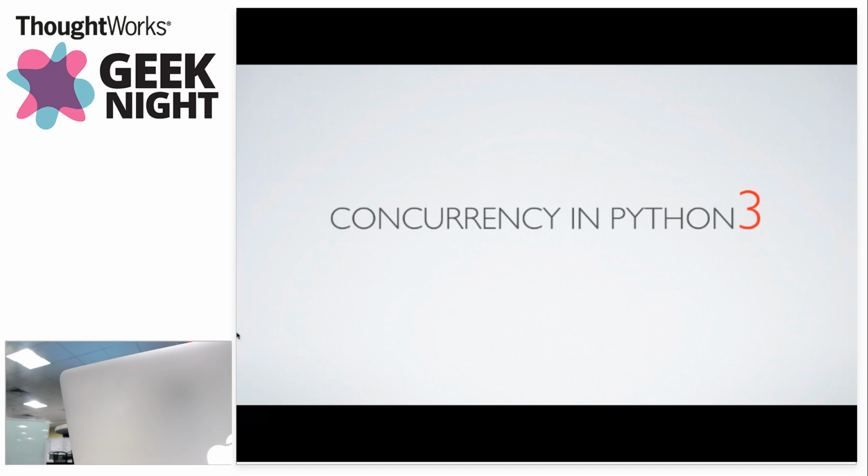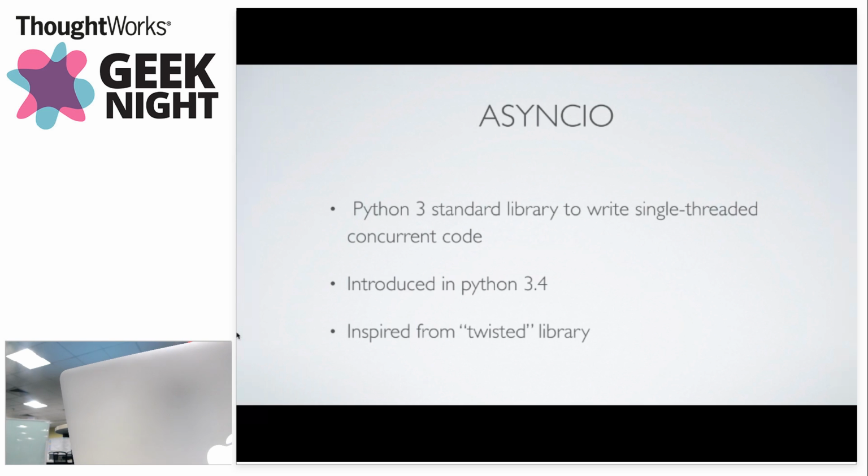So we saw what concurrency is and what parallelism is, and we took a real-world example and saw how concurrency is not parallelism, and how sometimes it's better than parallelism. And let's talk about concurrency in Python 3. Asyncio is the standard library in Python 3 with which we can